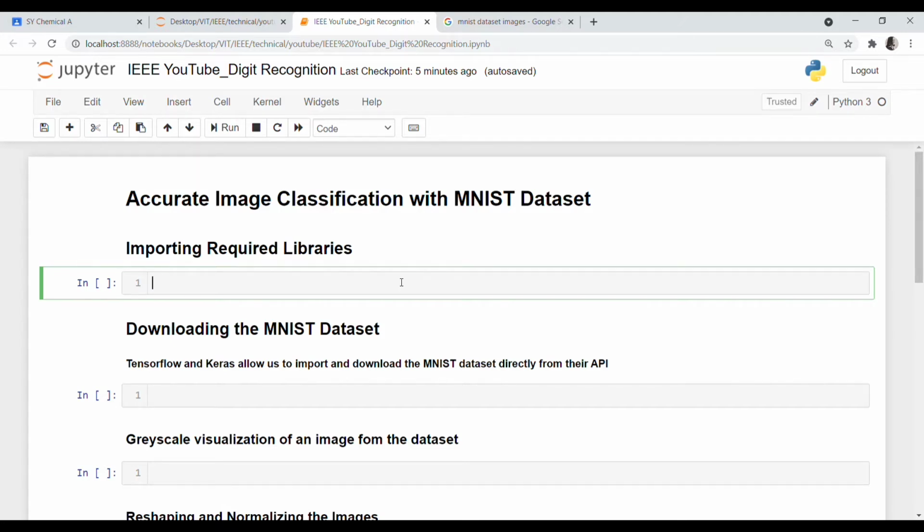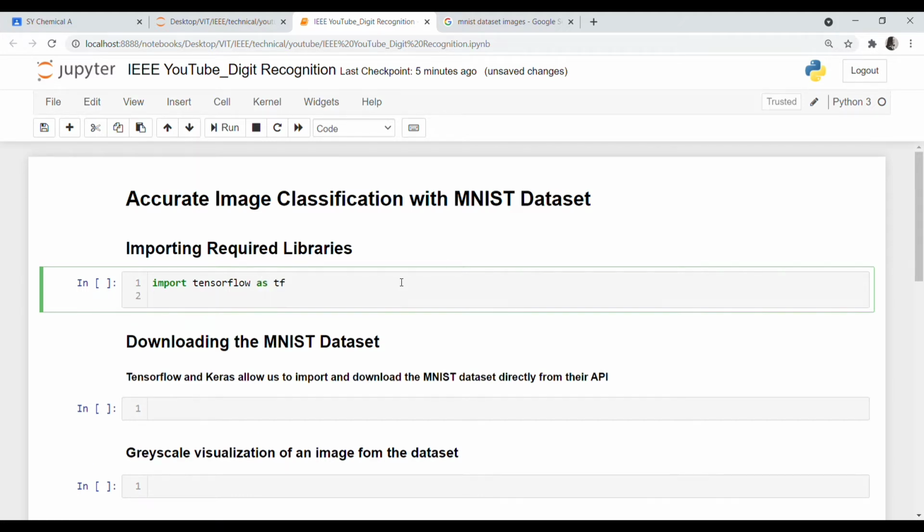So here we begin our project with importing the required libraries. We'll be using TensorFlow as the backend and Keras for building our model. So let us import TensorFlow as TF. I'll take you through the dataset in a while.